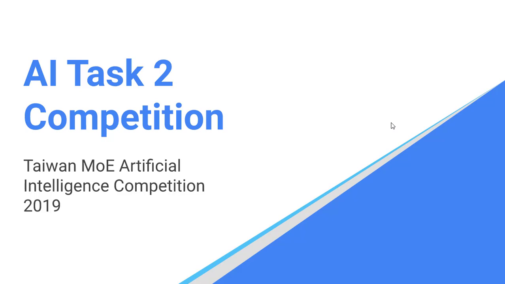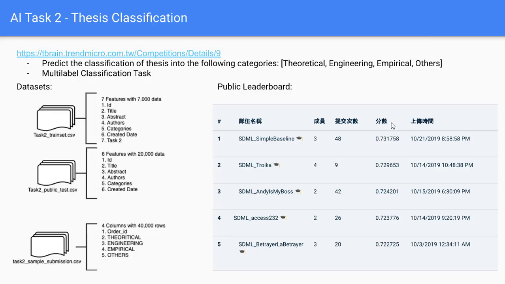In this video, I would like to present the Taiwan Ministry of Education Artificial Intelligence Competition 2019, especially task 2. Task 2 is how we classify a paper into one or several categories. This competition is held by the Ministry of Education. The task is about thesis paper classification, and we predict the classification of a thesis into the following